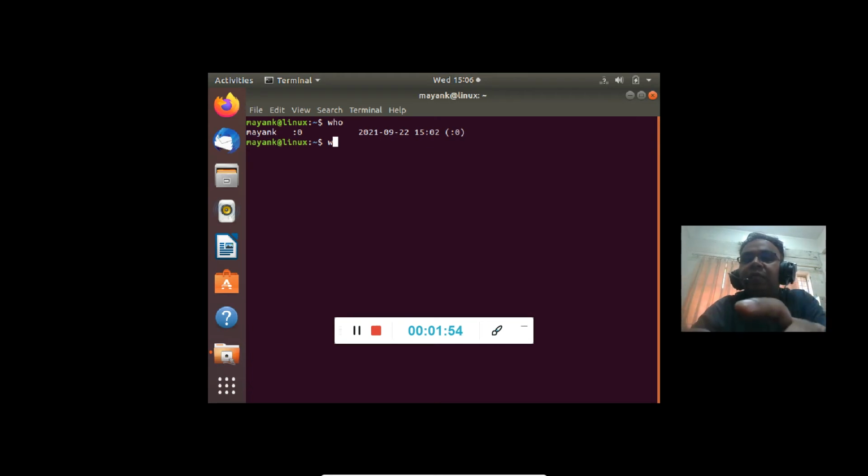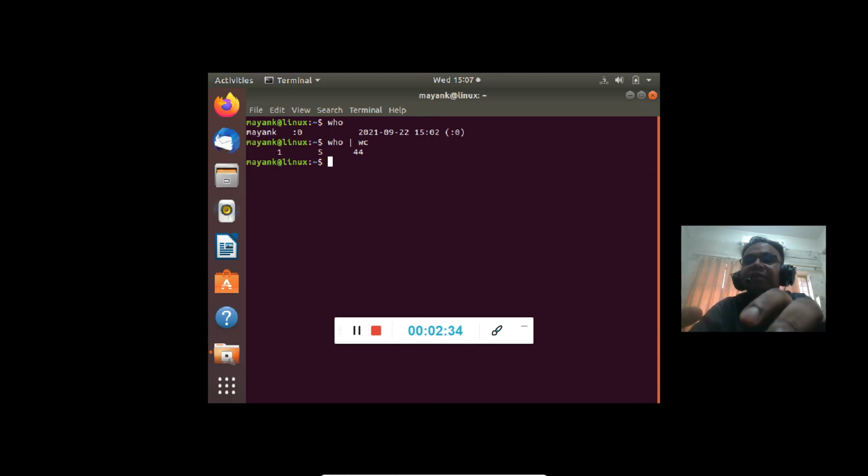For example, if I write who and the output of who is given as an input to wc, I will use this pipe in between, and the output of who will go to the input of wc. It will become the input of word count. So the output becomes 1 5 44. What does 1 5 44 mean? It means it is one line, 5 words, Mayank 0 to 2021, like this, 5 words and 44 characters.